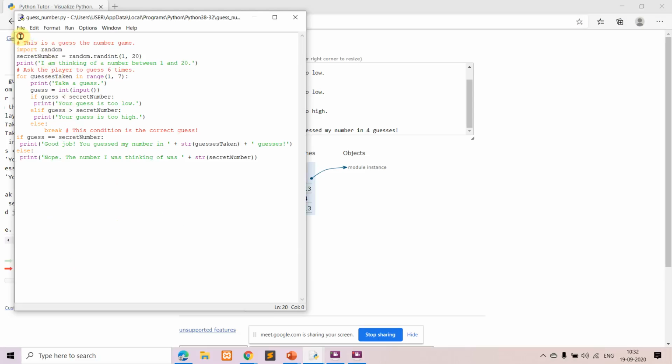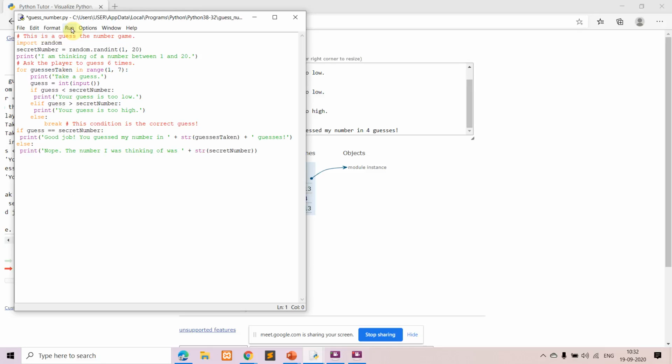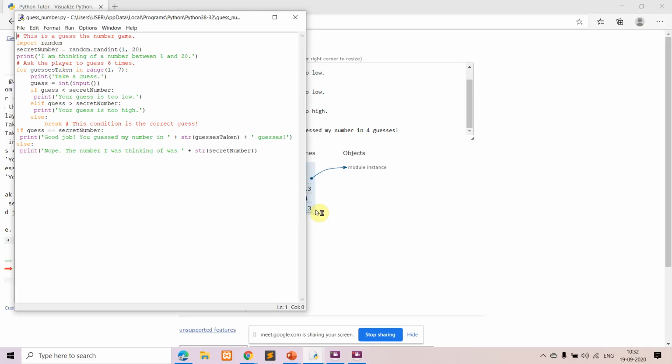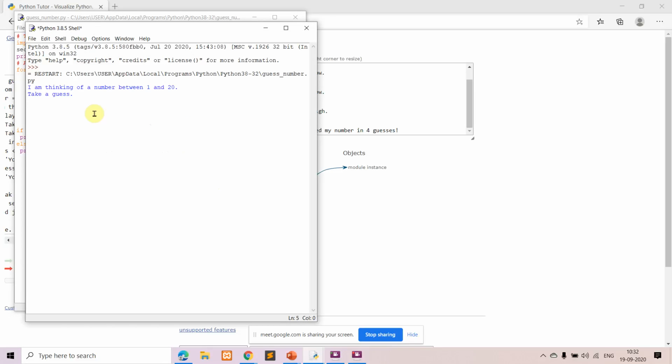I've already written this program in the file editor here, so I'll just run it in the IDE. It is an interactive shell. Previously I showed you in the visual form, where we were tracing, and the random number generated was visible to you.